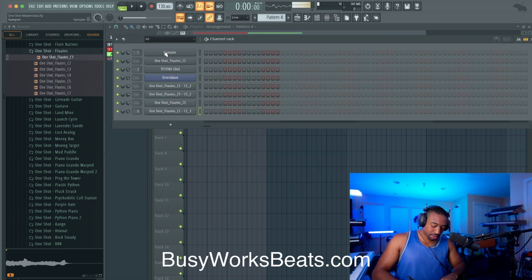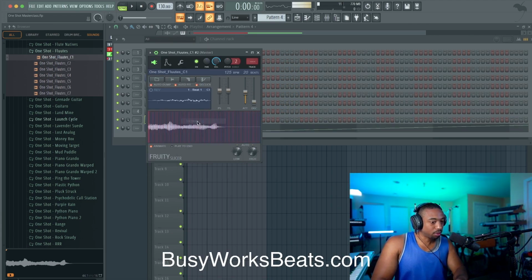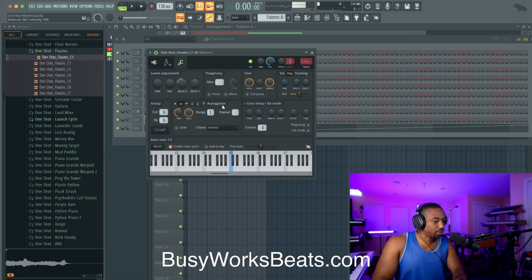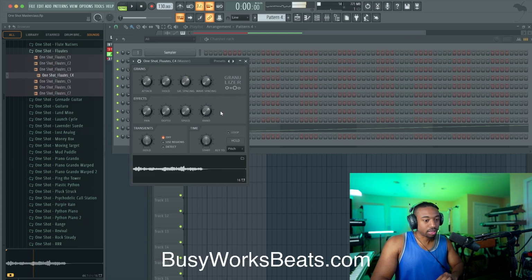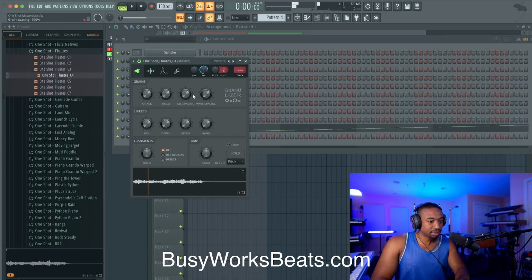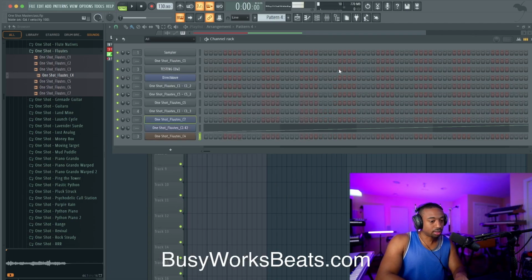Next thing we're gonna use is the Fruity Slicer. Now, rarely would I use it on a one shot, but it's cool when you slice up the one shot and then combine that with the arpeggio, you get really unique sounds. And open up what's called the Fruity Granulizer, and just mess with the wave spacing and the grain spacing to create the texture for the sound. So now we're getting almost like a pseudo psychoacoustic sound that really get the most out of your one shots.